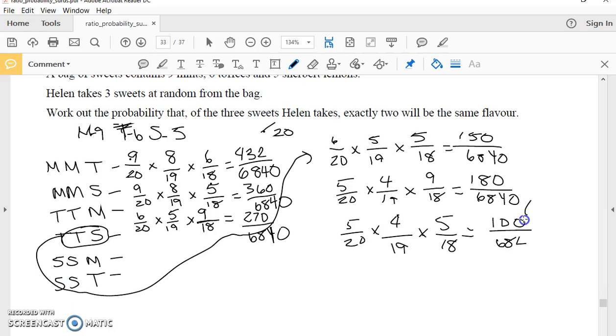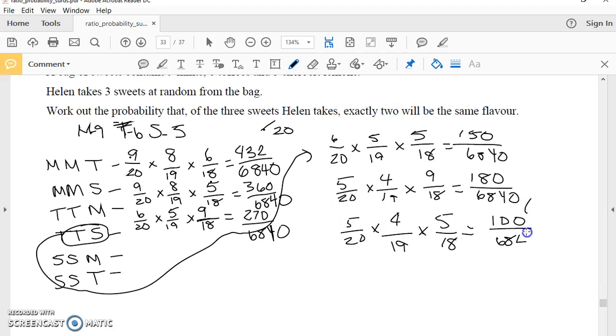Now, once I have all of those different scenarios and their probability, the last thing I need to do is add all of those together, so that I have the probability that of the 3 sweets, exactly 2 will be the same flavor. So I'm going to have 432 plus 360 plus 270 plus 150 plus 180 plus 100, which gives me an answer of 1492 over